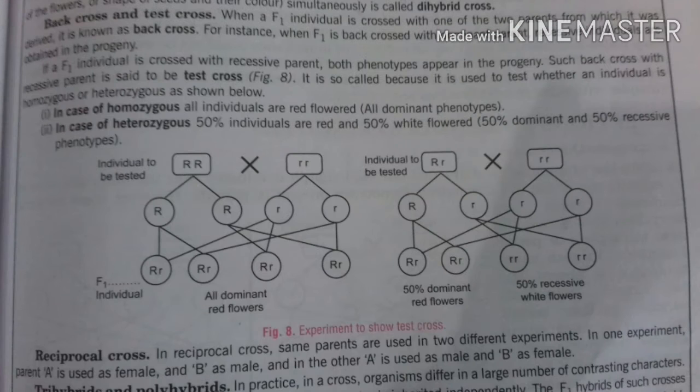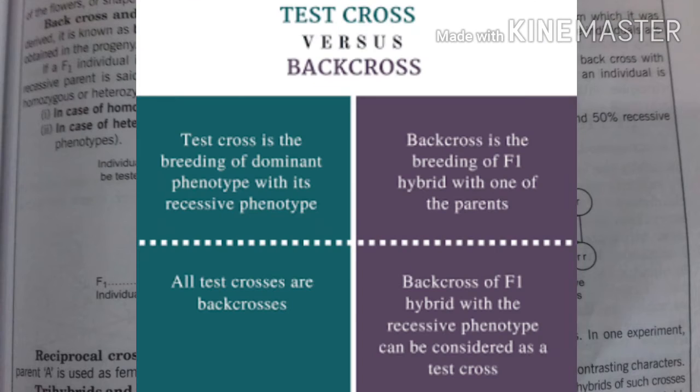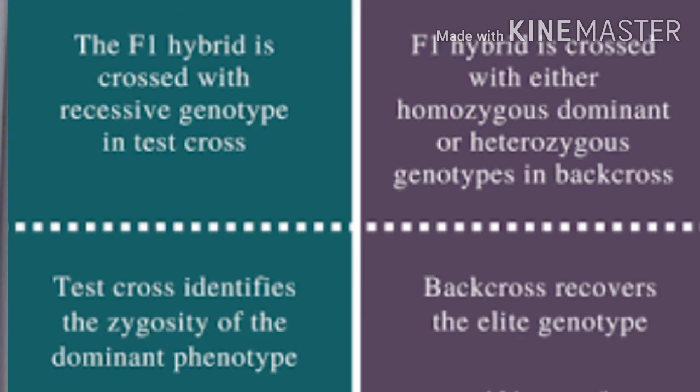Test cross is also applicable to dihybrid cross. A cross between a dihybrid and a double recessive parent is an example of test cross. When a tall red plant is crossed with a dwarf white plant, all the plants in the F1 generation are found to be tall red. A dihybrid test cross gives a 1:1:1:1 ratio, indicating that two pairs of factors are segregating and assorting independently.